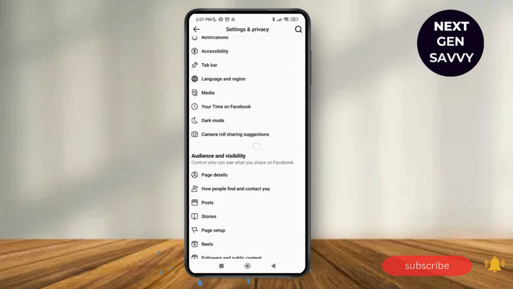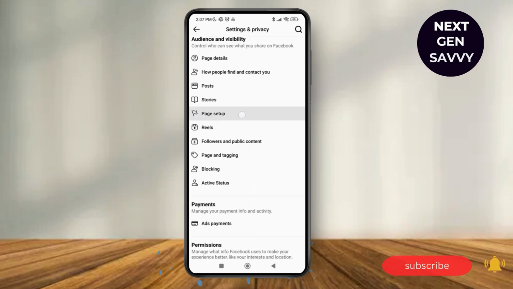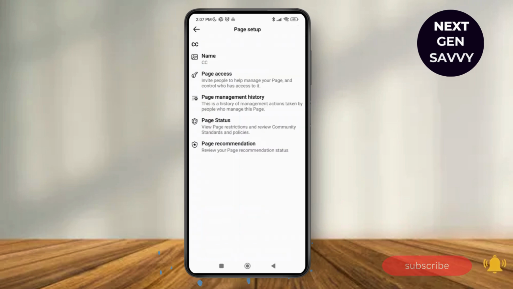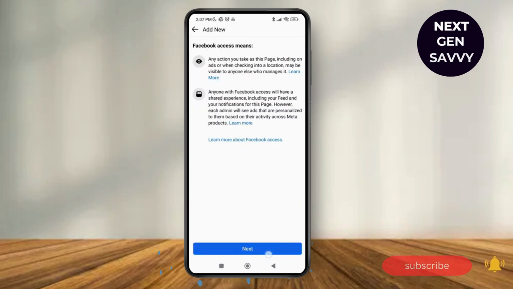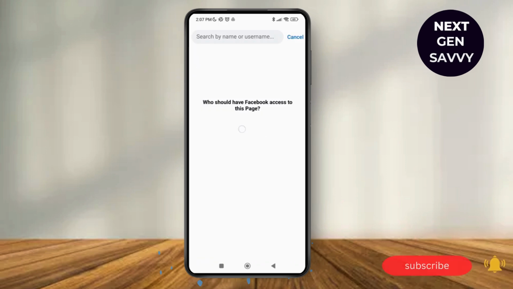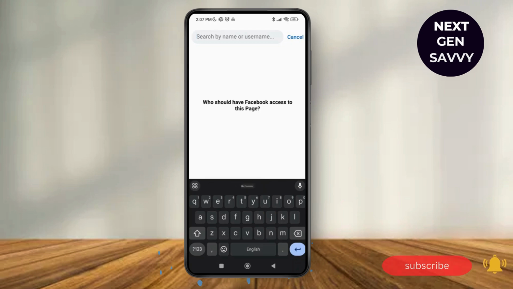Next, scroll down and then tap on the option of page setup. As you do that, tap on the page access option over here, and here you can see people with Facebook access. Now just tap on add new option over here and then tap on next, and then here you can just search by name or username in order to add the admin. So you can just search for anybody and then add them as your